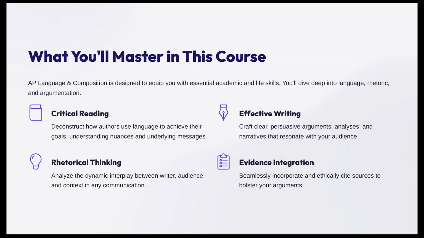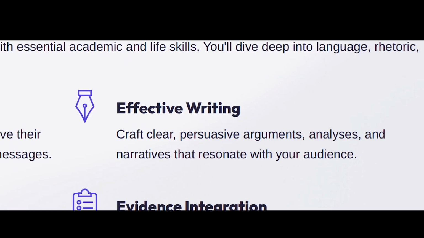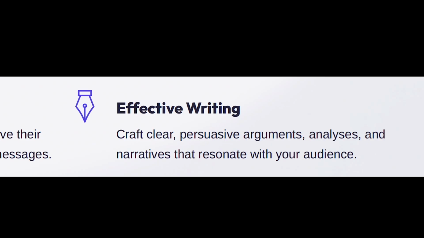In this course, you'll be able to develop 4 main skills. Critical reading, in which you will deconstruct how authors use language to achieve their goals, understanding nuances and underlying messages. Effective writing, in which you will be able to craft clear, persuasive arguments, analysis, and narratives that resonate with your